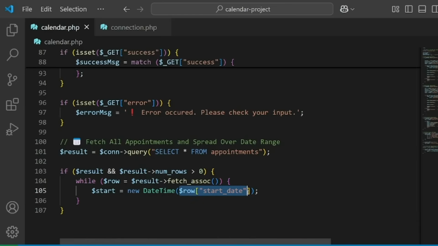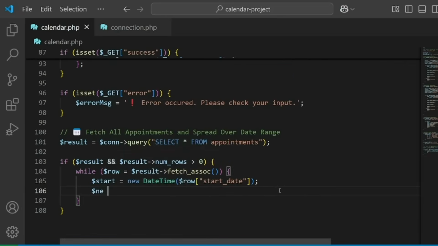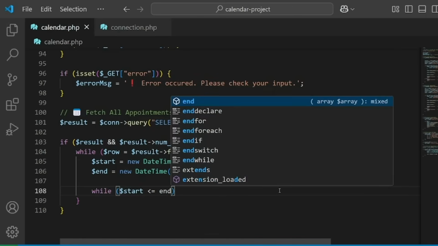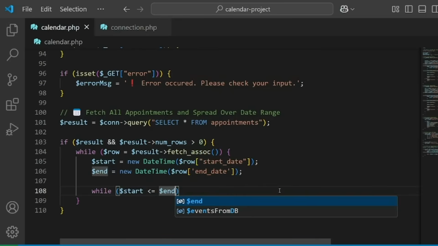We have to pass it to the datetime class and instantiate a new object from this class, new datetime. The same thing with end. So new datetime class, and then pass into here row, and then pass end underscore date. Then while start is less than or equal end, we will go ahead and